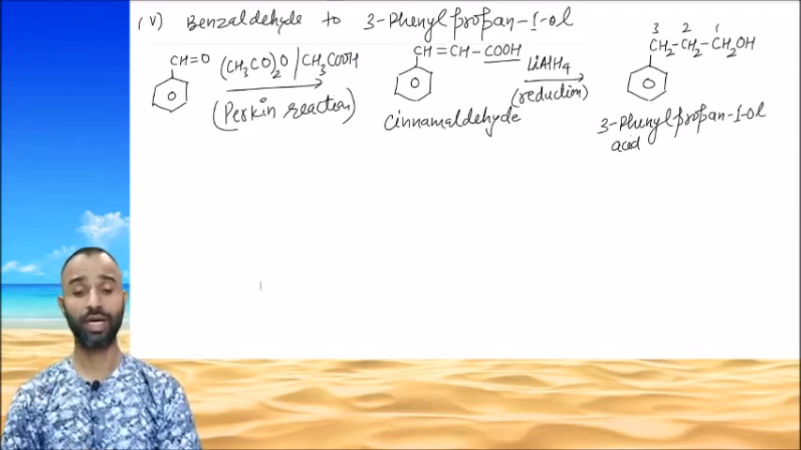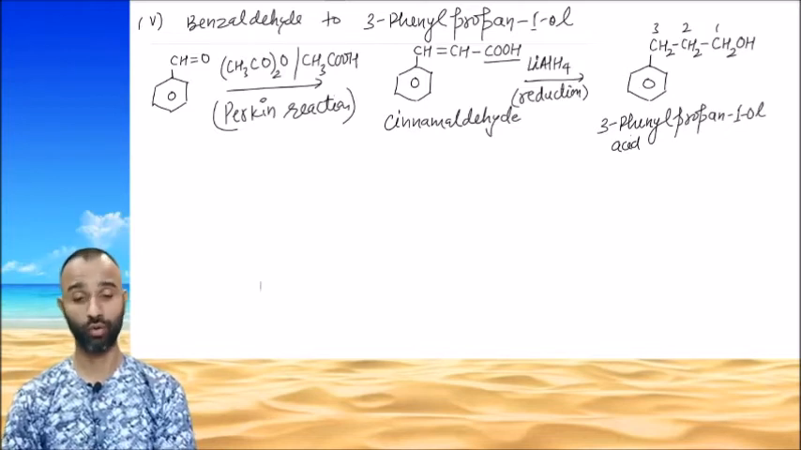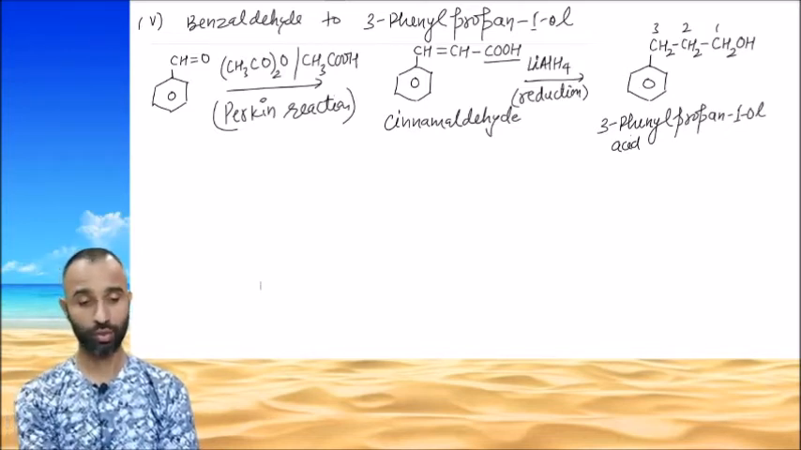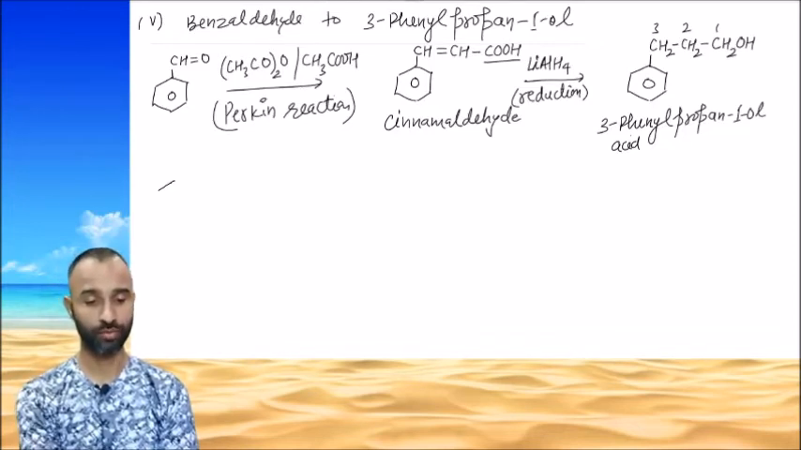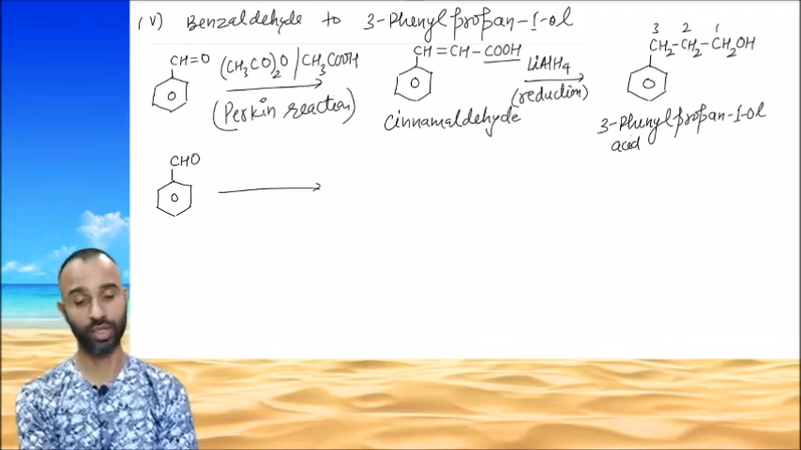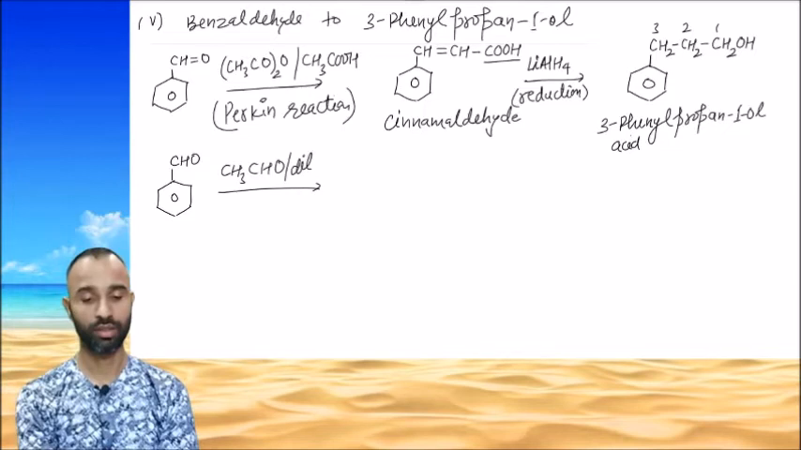Now say benzaldehyde to 3-phenyl propane 1-ol. This Perkin reaction is not given in our book. Okay? So benzaldehyde can also be converted into 3-phenyl propane 1-ol by using cross aldol condensation. See, we have to increase 2 carbons. Let us have CH3CHO in dilute NaOH. So this is